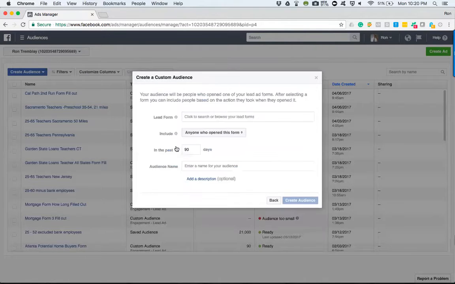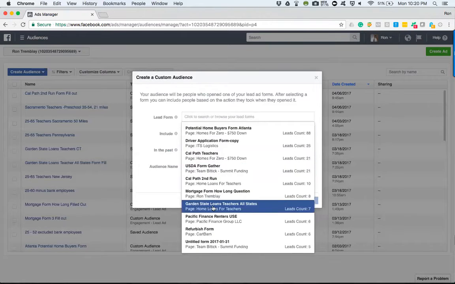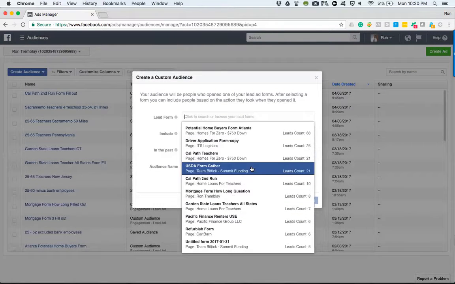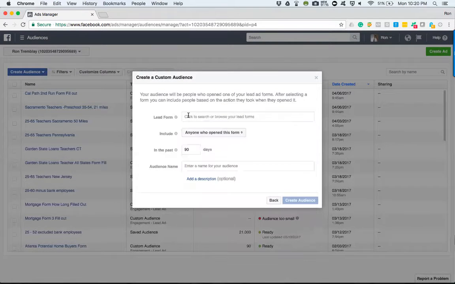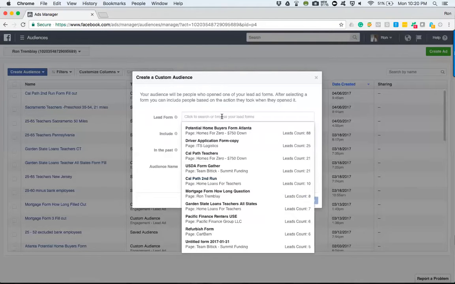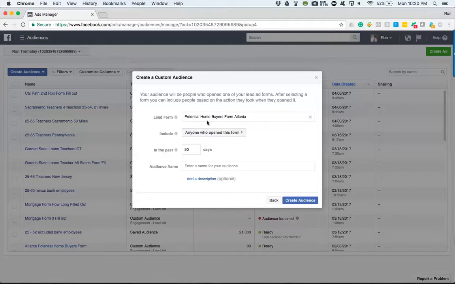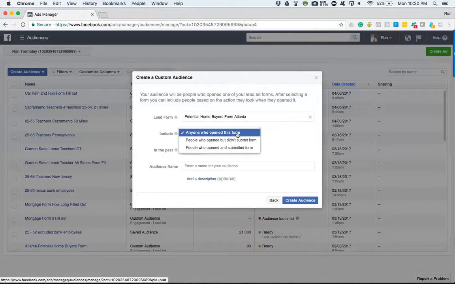So we would go to the lead ad form, and from here, we would select the actual lead form, right? In here, there's many different ones we've created, but for your campaign, there should really only be one, maybe two, a couple. It doesn't matter how many are there, but the point is, you'll just select the actual form, the name of the one that you created, right? So for example, I did this one, potential home buyers in Atlanta. Now what I want to do is I want to include people that submitted the